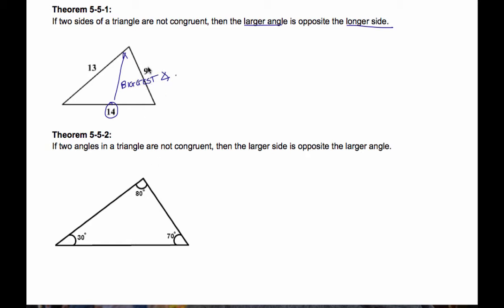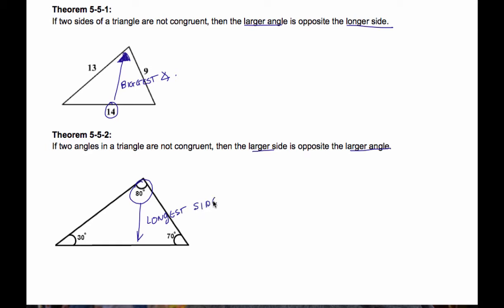angle. The biggest angle is going to be across from the biggest side. Well, the other way around is true also. So if two angles are not congruent, then the larger side is opposite the larger angle. So if we had the angle measures, we could say, here's the biggest, so this is the longest